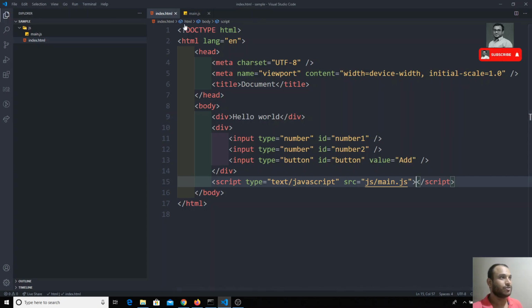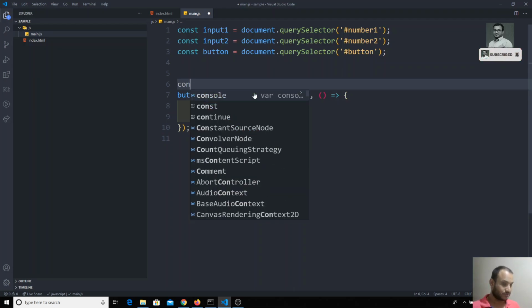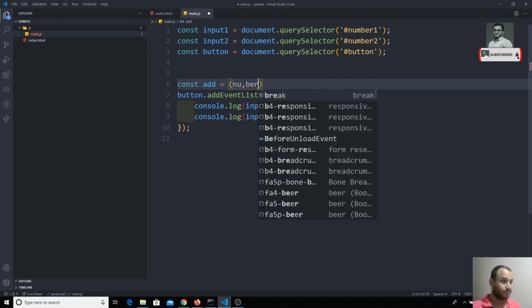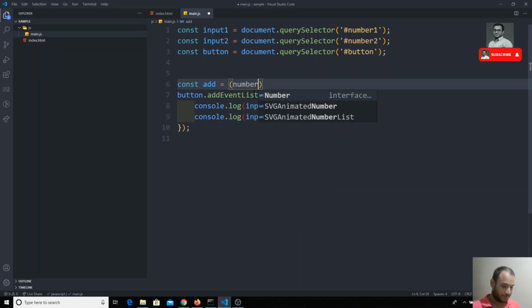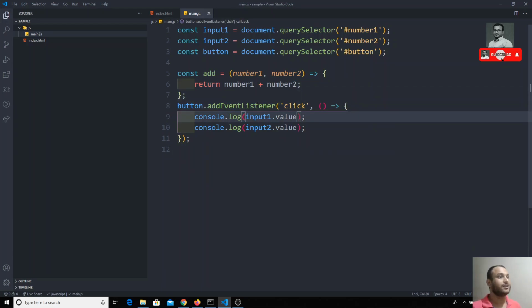Now what I will try to do is create a method here. I can create something like const add is equal to number 1 comma number 2. Okay, this could be a method. Now what it has to return is number 1 plus number 2. So this add method will return the addition of the two